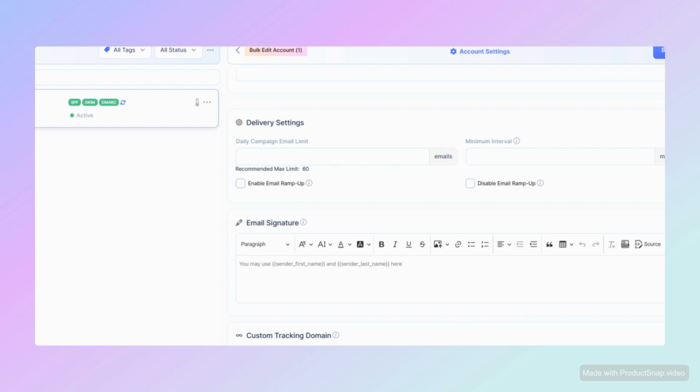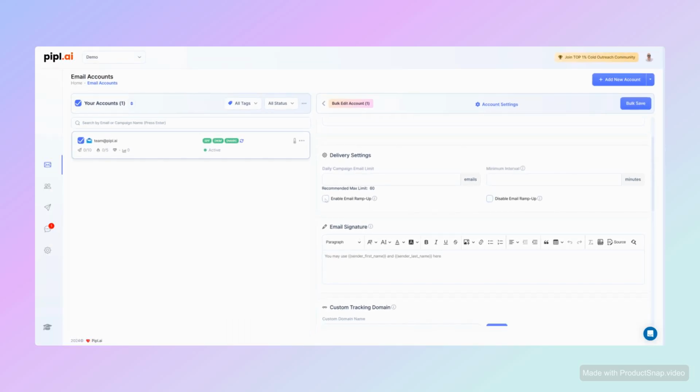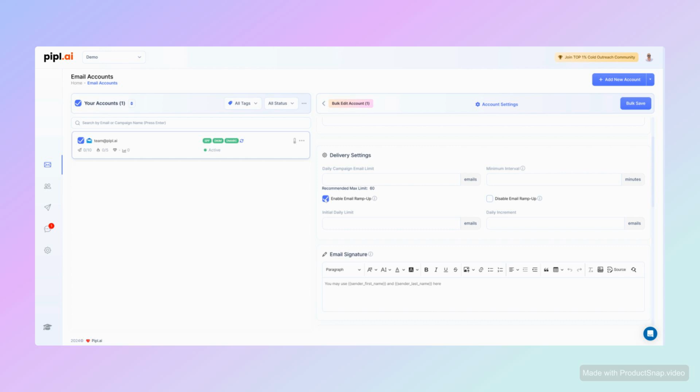Otherwise, if you want to enable email ramp-up, check this Enable Email Ramp-Up box where you can also define the initial daily limit as well as the daily increment for your email accounts. Then press